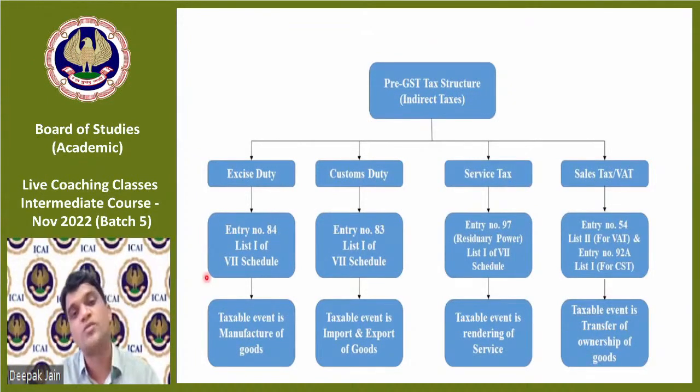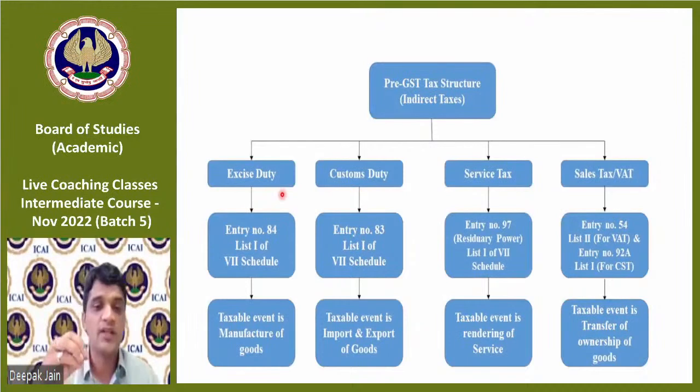For any tax to be charged, like income tax, it is very easy to recollect. Income tax is when you earn a profit or any income, any salary. On those you pay income tax. Similarly, each taxation will have a levy point. That levy point is called the trigger point. Under excise duty, what was the levy? The taxable event is the levy. That taxable event was manufacture of goods. Whenever goods were manufactured, excise duty was leviable.